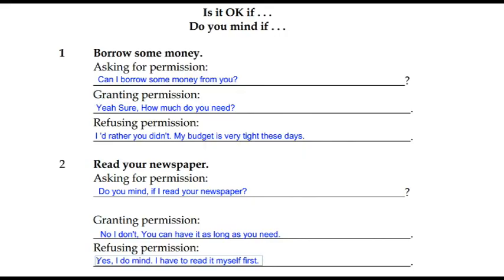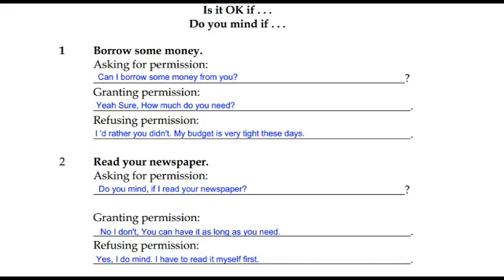So now this is the pattern, this is the way that you are going to adopt in your exam, using the expressions for asking permission, granting permission, and refusing permission. So that would be all for asking permission, granting permission, and refusing permission. There are a couple more activities in your book, and I hope that you could do them on your own, so that you can have more practice of these expressions. So, thank you so much for listening. Allah Hafiz.